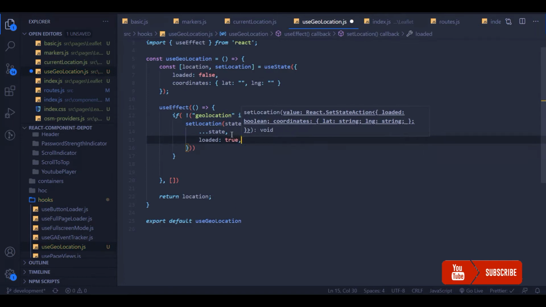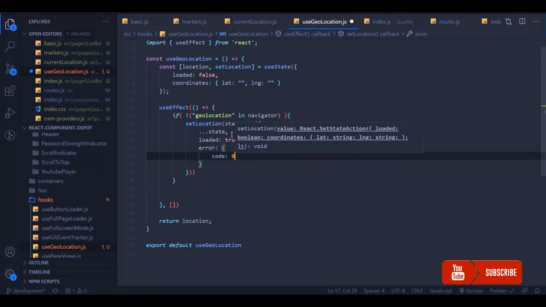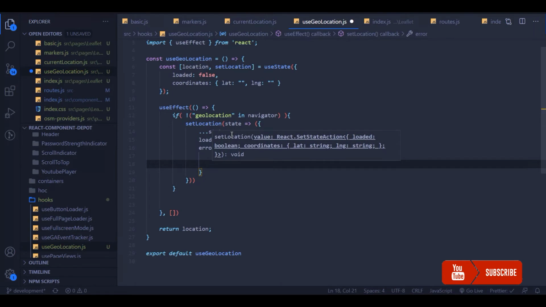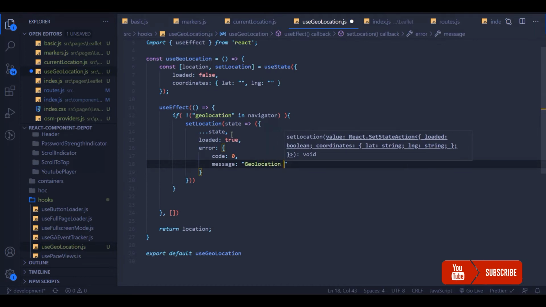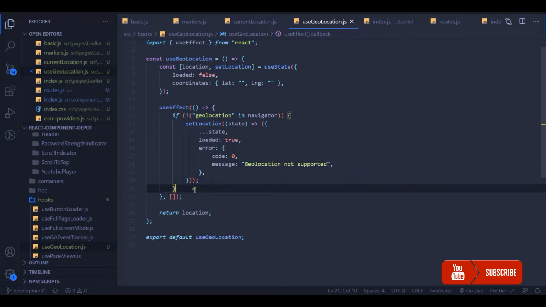If loaded is true and you see the error attribute, then there was some error in getting the location. That is how we will understand whether the location was obtained or there was some error. Usually this is the format that we get from the geolocation API, a code and a message, so we'll maintain the same for this.